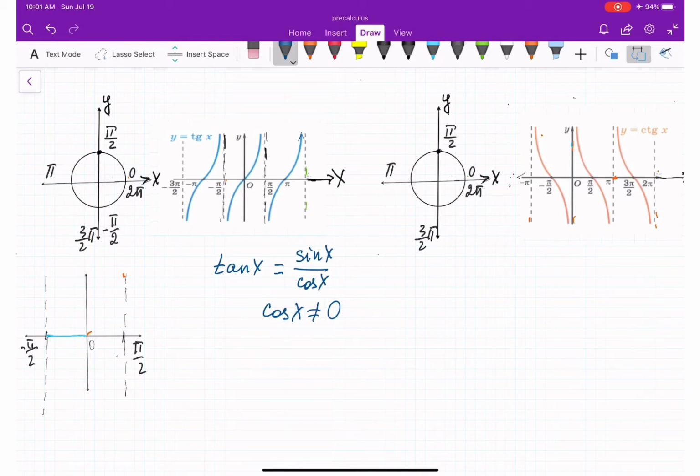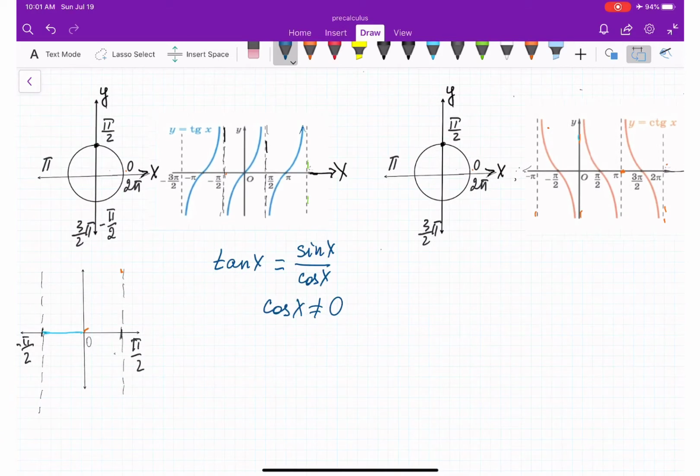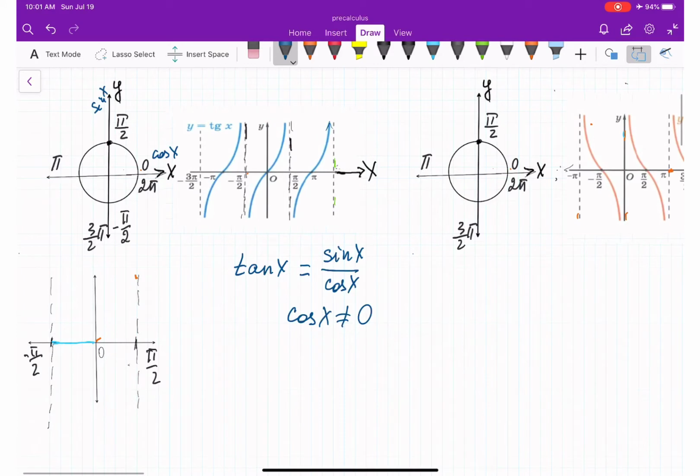So cosine x is, as we know, represented by the x axis. So here it is, this is our cosine x. And sine x is represented by y. So let's look at cosine x. At what point does cosine x turn to 0? Because cosine x is nothing else but our